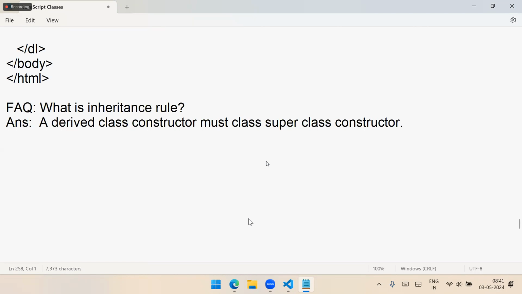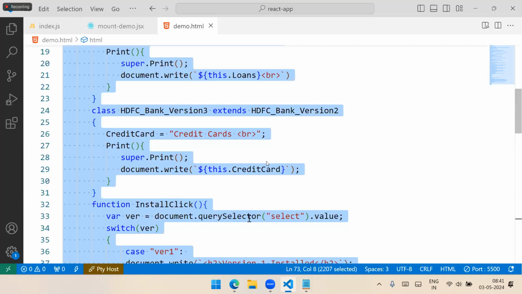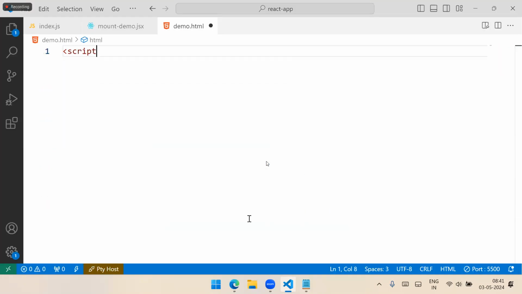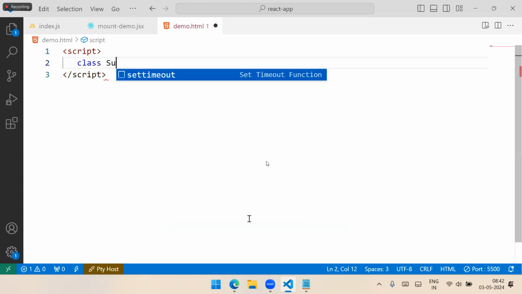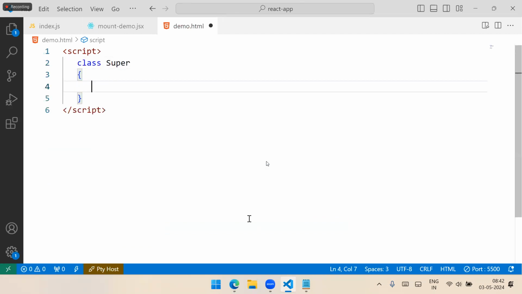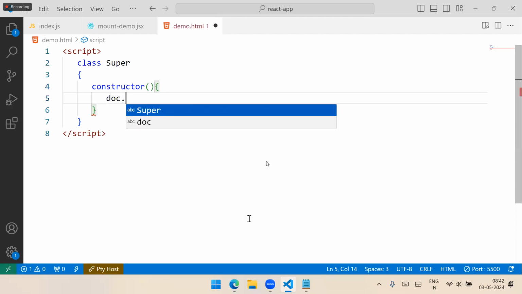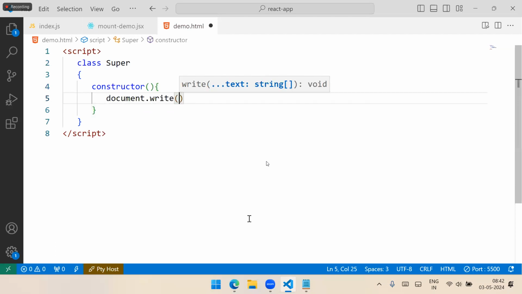Inheritance will work only when the super constructor is called in derived. So first, which constructor should execute? Super, then followed by derived. And if you don't follow this rule, inheritance will fail. For example, let's see that here. We are having a script, we have a class Super. In this Super, we have a constructor. This is document.write, and we have a superclass constructor